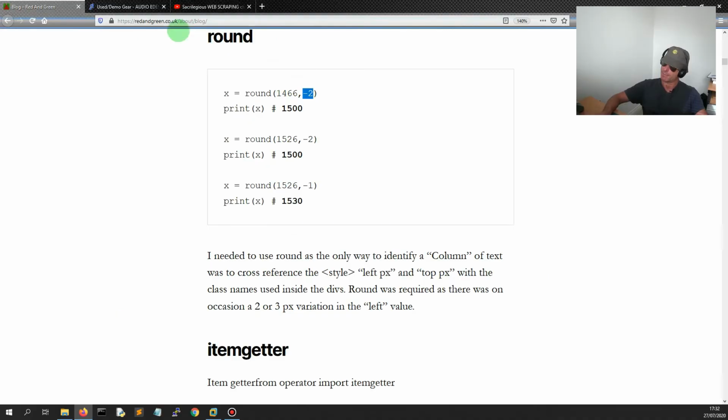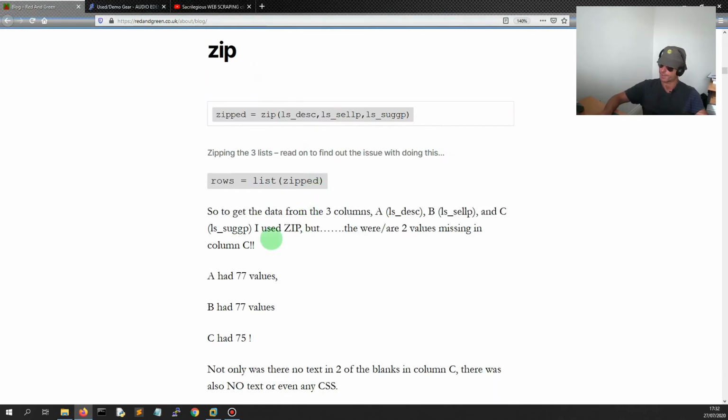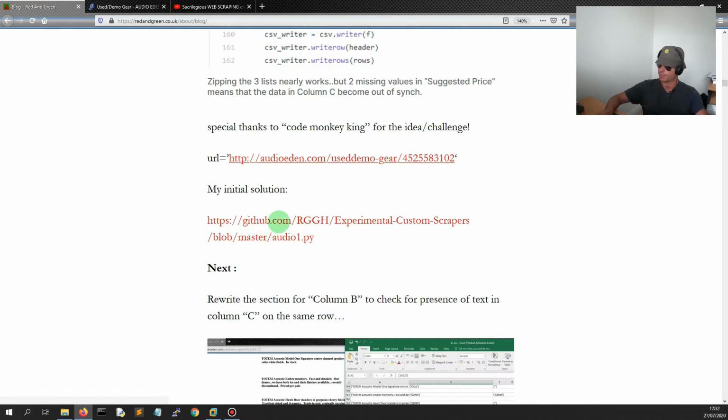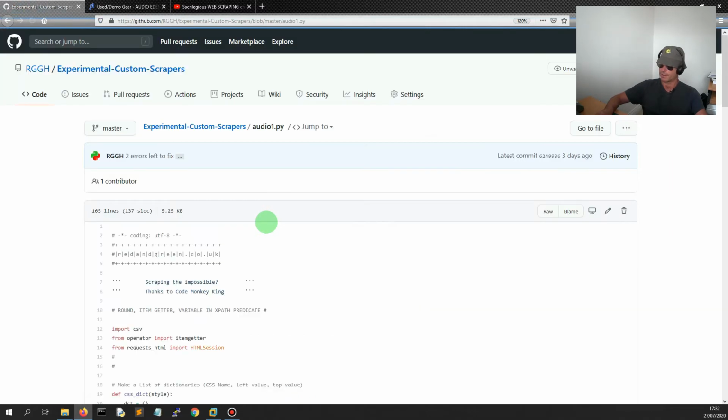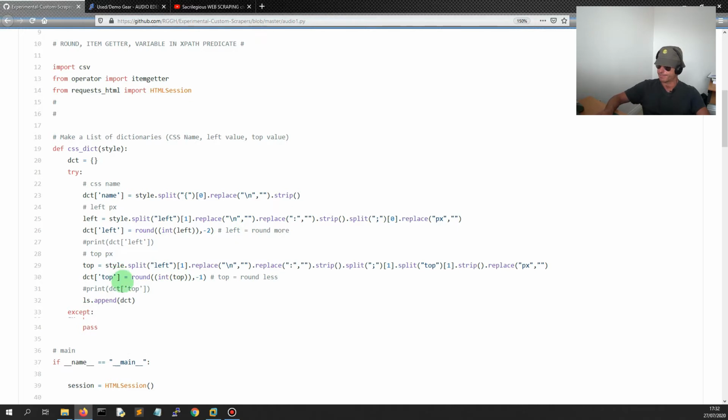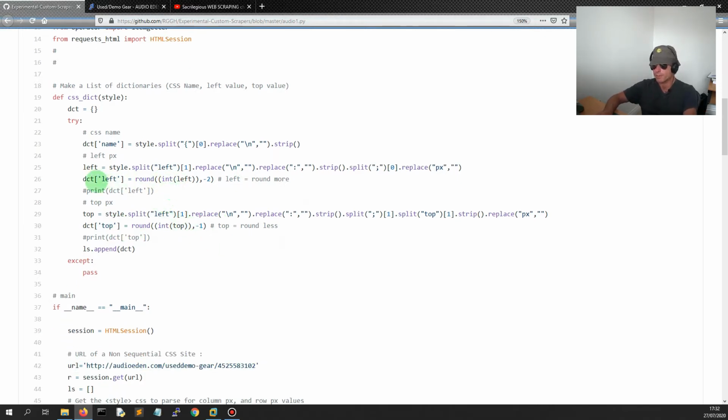So in my code, you'll see, let's just bring up the code, which is available on my link here, and I'll show you if we zoom in a bit. I used round on the left because there was more variation on the left, so we used round to -2. On the top there was less variation, so the top was a bit more precise because, as you can see, in places the top gets quite